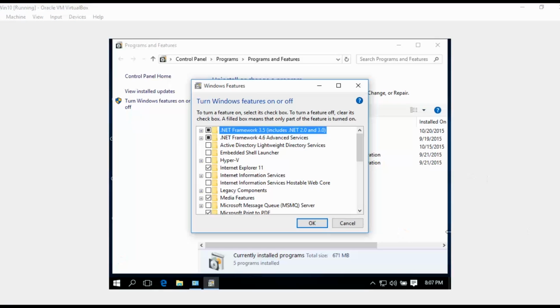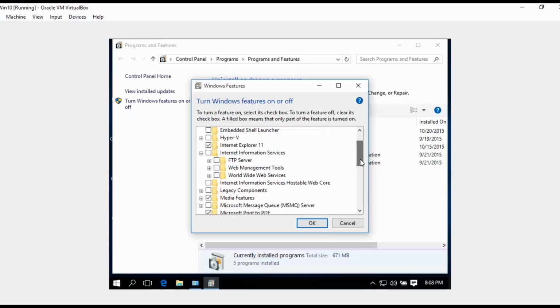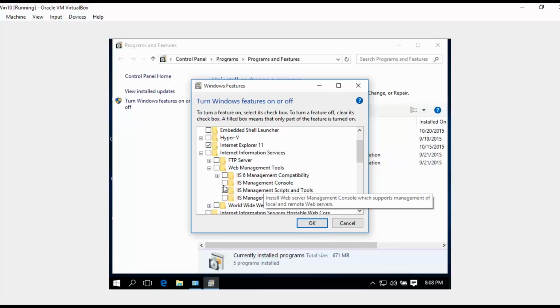Okay, now here we need to select Internet Information Services, or IIS for short, and then we need to go under Web Management Tools, and then click IIS Management Console.